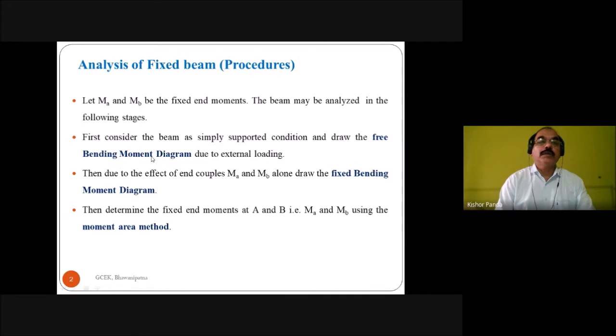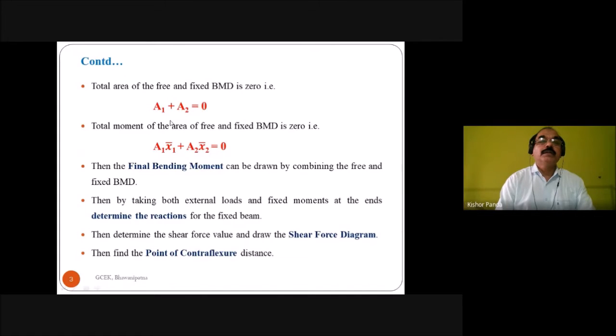The first step, to draw the free bending moment diagram, you have to consider simply supported condition. Then you have to draw the free bending moment diagram. Then by considering the end couples MA and MB, you have to draw the fixed bending moment diagram. Then you don't know what is the moment at the ends of the beam, MA and MB. Then using the moment area method, you have to find out MA and MB,